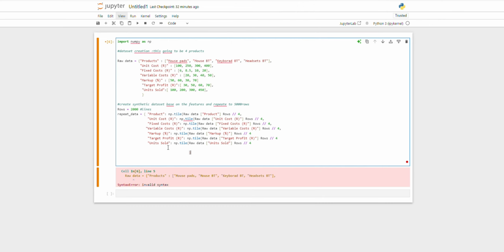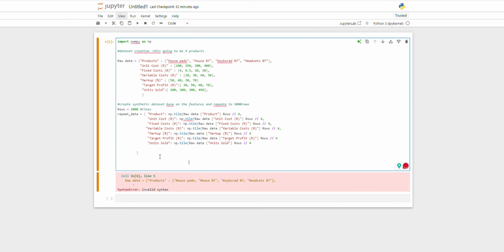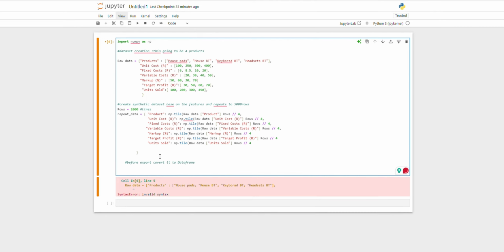curly brackets. Then after that, we are saying let's now export. So before exporting, before export, we then convert it to the data frame. Because this is going to be df synthetic data, which would be